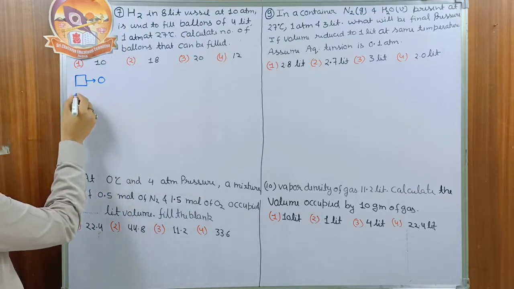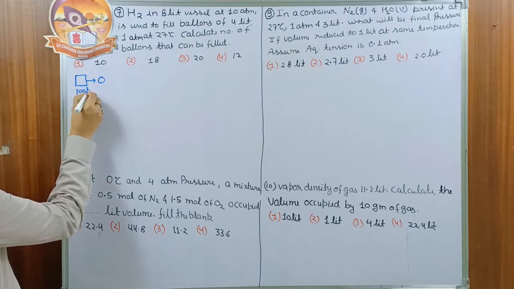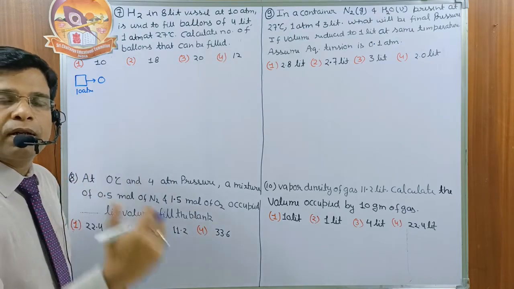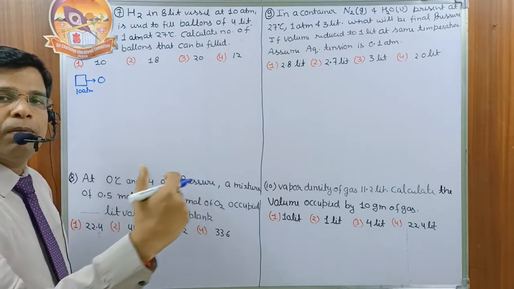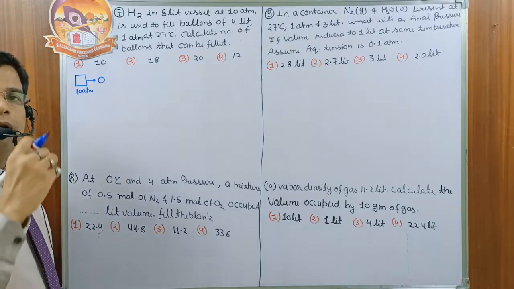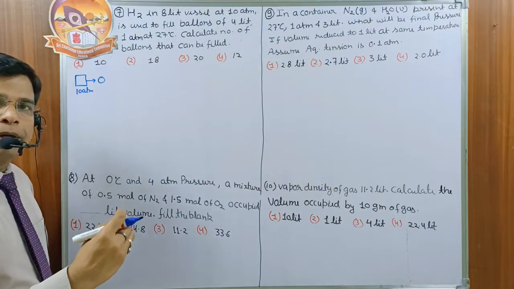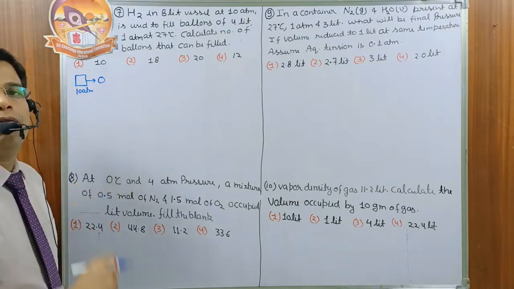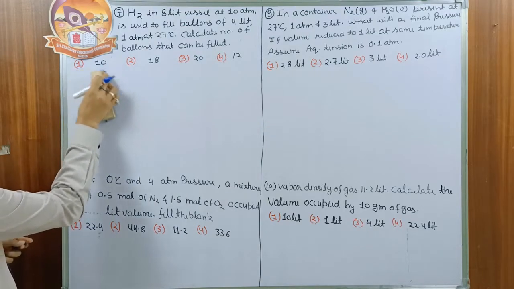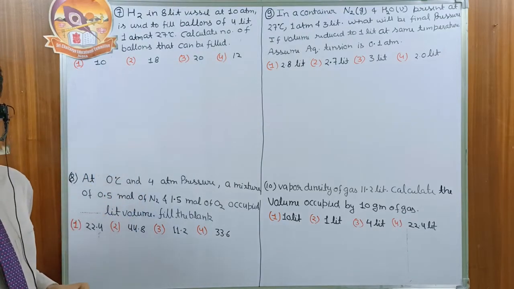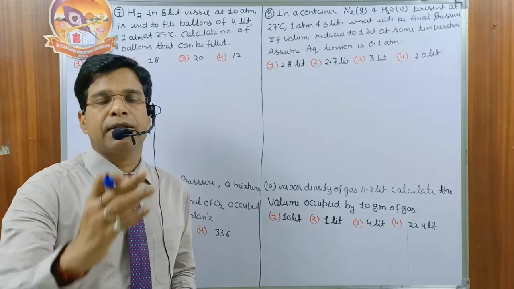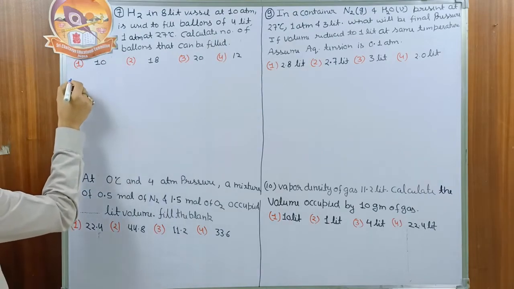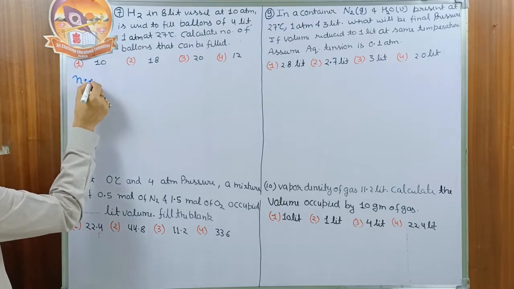Look, initially we have 10 atmosphere pressure here. So this gas can be transferred from high pressure to low pressure until the pressure in both containers becomes the same. Means gas from the 10 atmosphere pressure can be transferred until the pressure of the gas becomes that of the balloon, 1 atmosphere. So we can withdraw the gas from the big container till the pressure inside the container becomes 1 atmosphere. So what is the mole initially present in the big container?